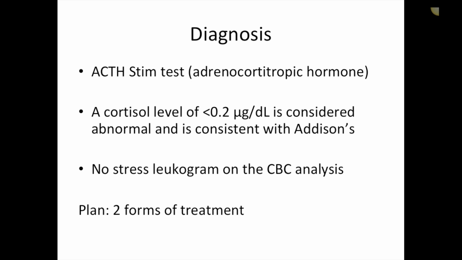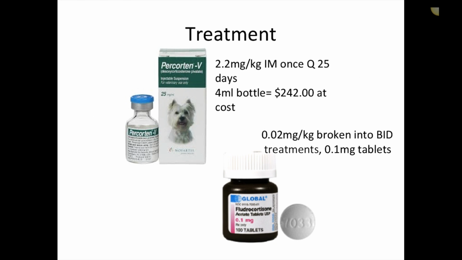Corticosteroids, so prednisone, is synthetic cortisone. Keep that in mind while we start talking about this. So they do need steroids in general. They need a mineralocorticoid, which is either in the form of an injection, which is Percorten, or they need an oral mineralocorticoid. So one of the two. And then a lot of dogs also need prednisone. So they also need a corticosteroid in conjunction with these medications.